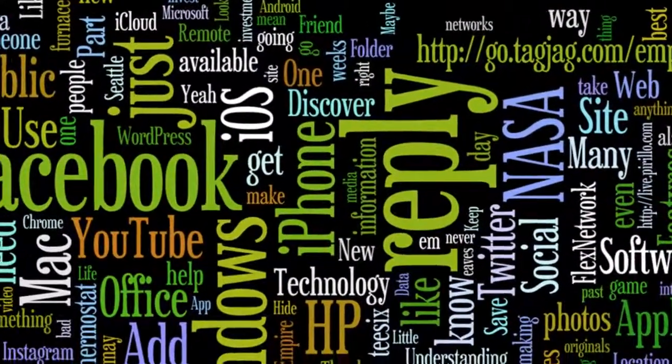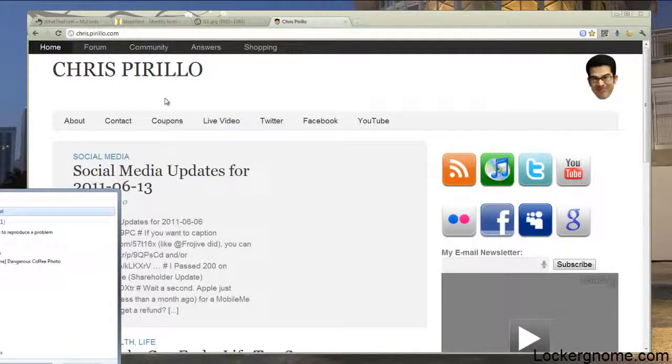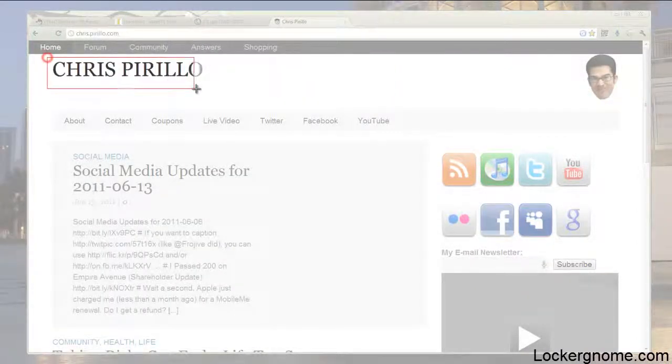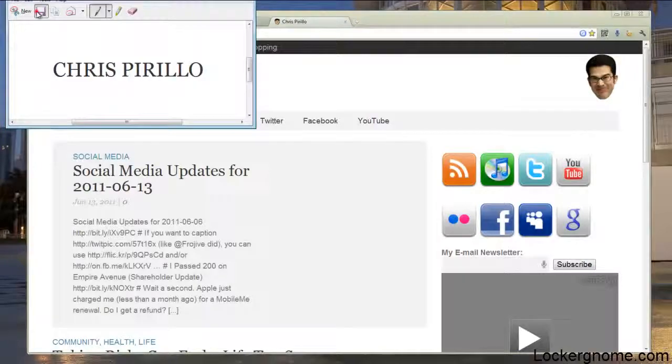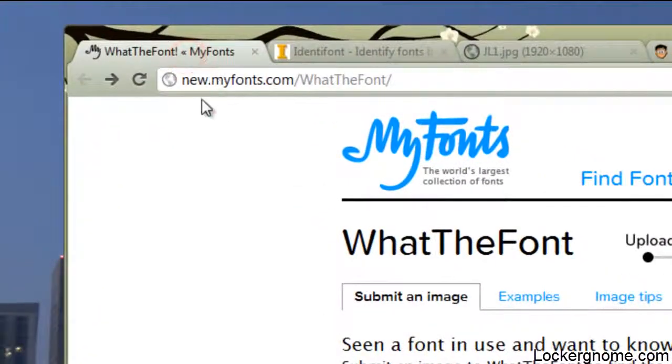The first thing I'm going to do is head on over to chris.perlo.com, and let's say I want to identify the font that's used in the header. What I'm going to do to show you guys the first method, I'm going to open up the snipping tool or any screen capture software that you want, take a screenshot of that header, I'll save it into my pictures and head on over to